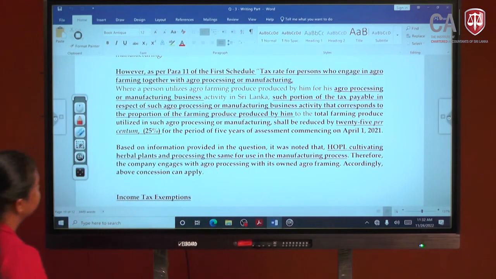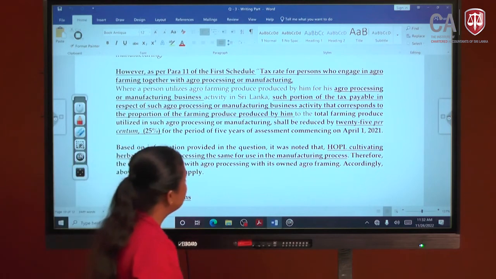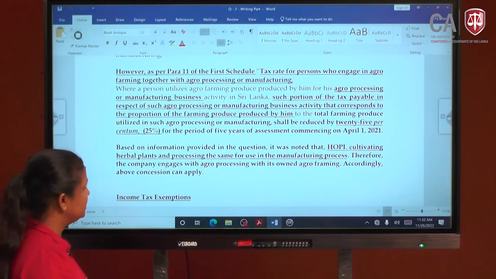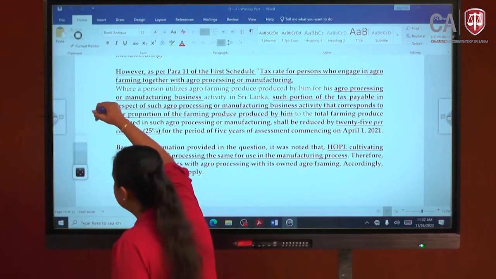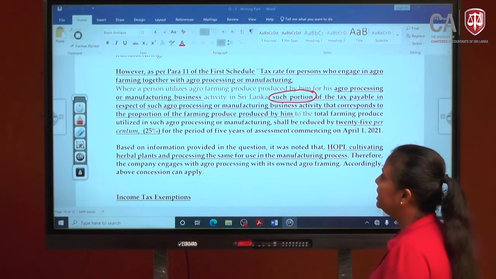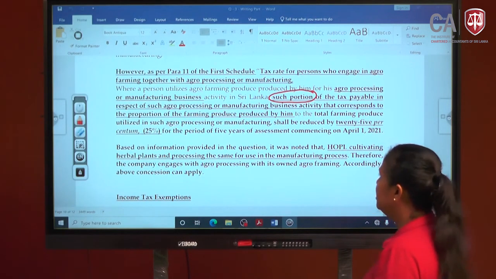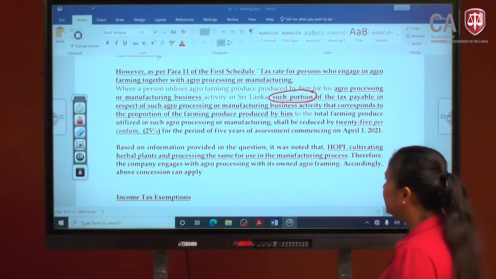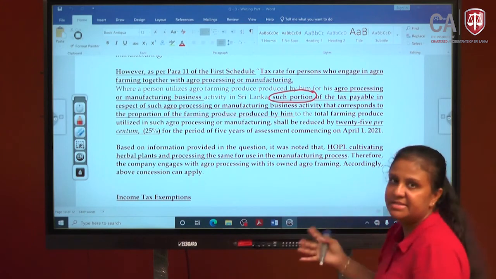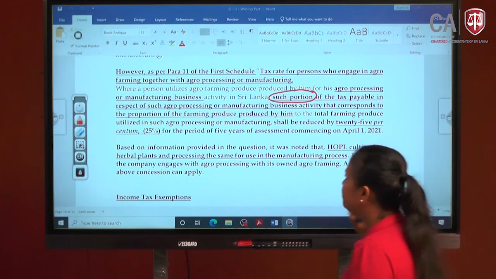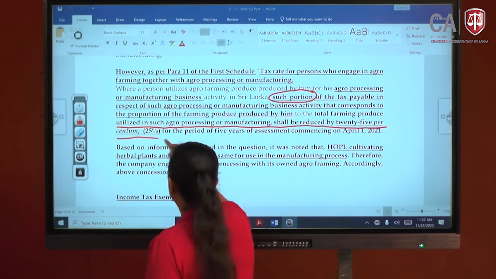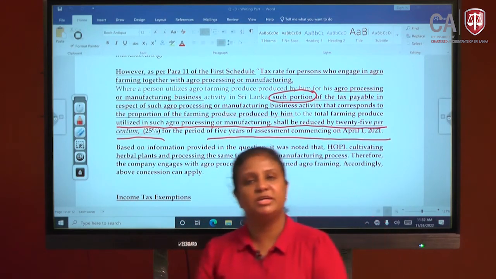Where a person utilizes agro-farming produce produced by him for his agro-processing or manufacturing business, the tax payable in respect of such business activity, in proportion to the farming produce utilized in such agro-processing or manufacture, shall be reduced by 25% for a period of 5 years with effect from 1st